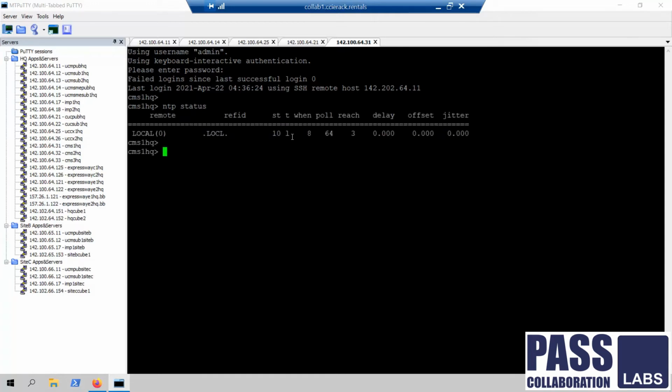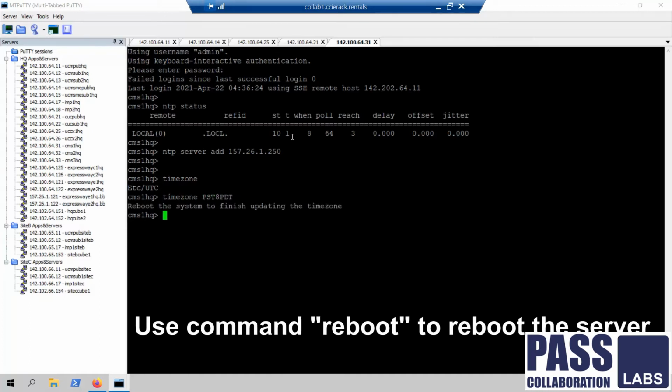No NTP server is configured, so we need to add one using ntp server add 157.26.1.250. Then we'll validate the time zone as well. So the time zone needs to be PST8 PDT. Once you change the time zone, you need to reboot the server.